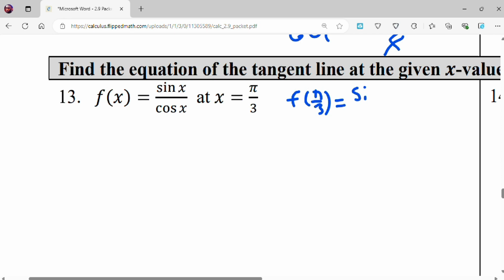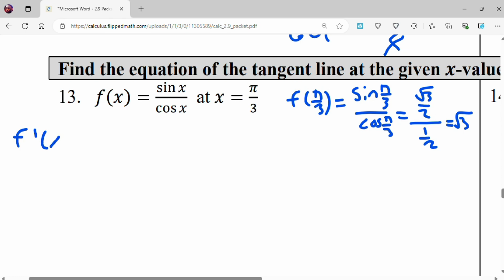So sine pi over 3 over cosine pi over 3. Sine pi over 3 is square root of 3 over 2, divided by 1 half. So that's going to give us square root of 3. Okay. Now we have to find our f prime of pi over 3, but first we have to find our